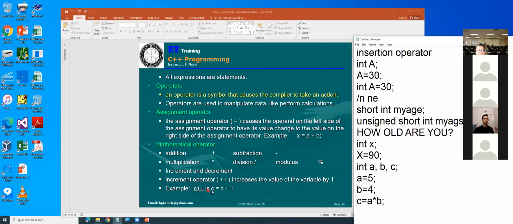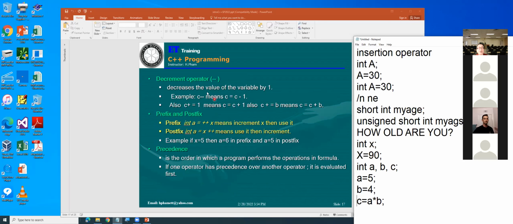Like you say C equals C plus 1. Same thing as saying C plus plus. In the C program, they use C equals C plus 1. In the C++ program, they use C plus plus. Either one works the same.